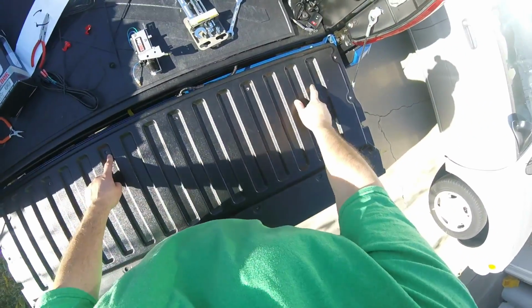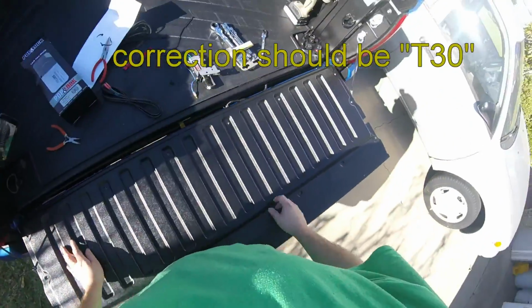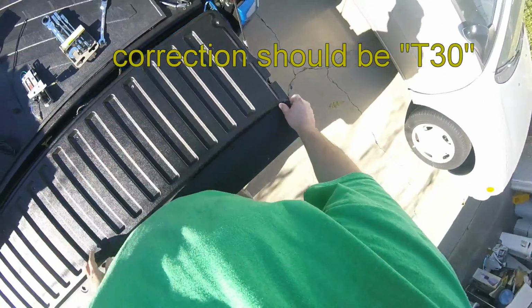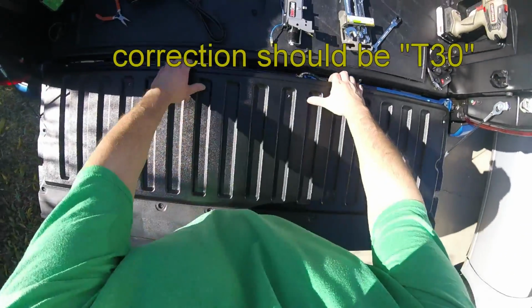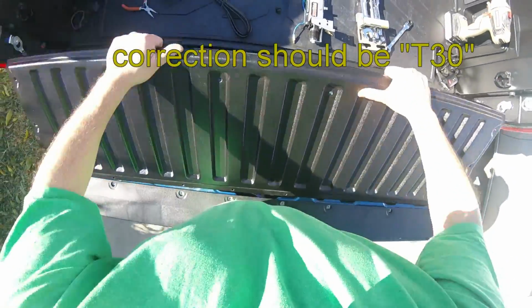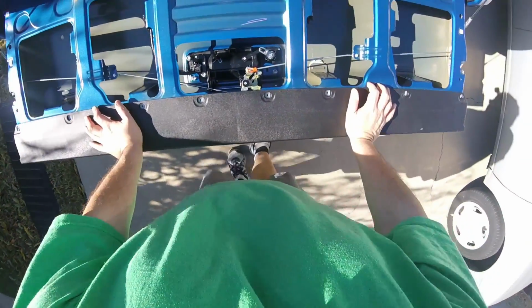And what I did is I took out all these little screws here, which are pretty much a T3, I think they're called. I just used my power wrench, and then I take out the last one here, and once that's out, you lift it from here, and this should just slide off. So now we have access to the